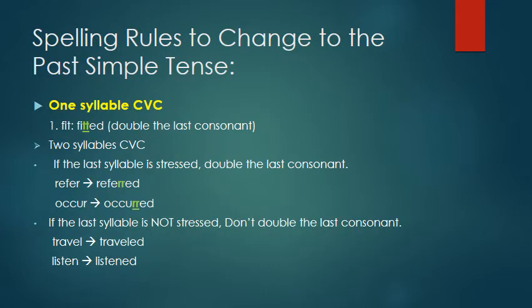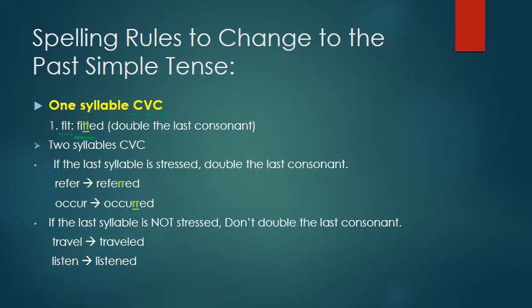Spelling rules to change the verb to the past simple tense. Very important, guys. We talked briefly about this in class, but now I'm going to go through that in detail. For example, fit. It is CVC, meaning consonant, vowel, consonant, and it's made of one syllable. This is what one syllable is. Fit, FIT, consonant, vowel, consonant. When I change it to the past tense, I have to double the